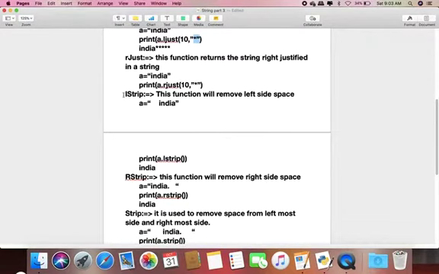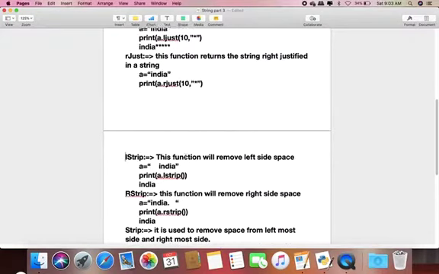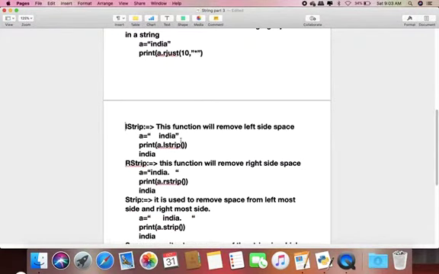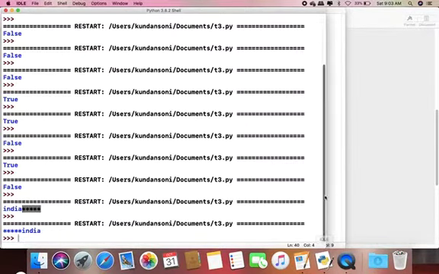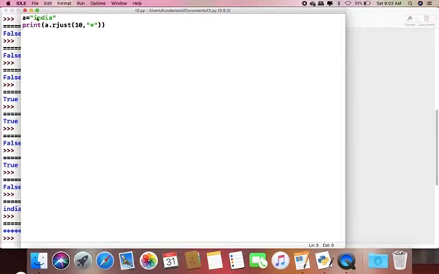Our next function is lstrip. This function will remove left side space. If intentionally or unintentionally we have left side space and we want to remove this space, that time we will use lstrip. So how can we use this function? We will do it in another way.